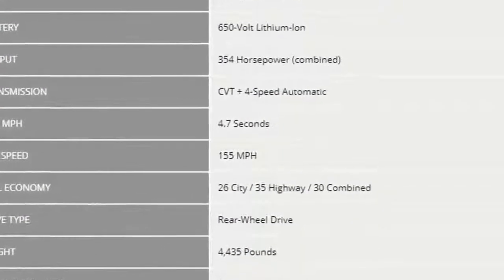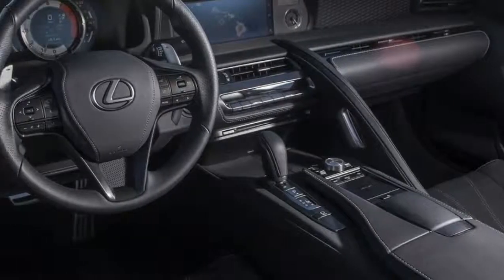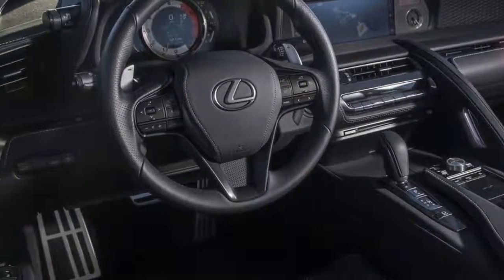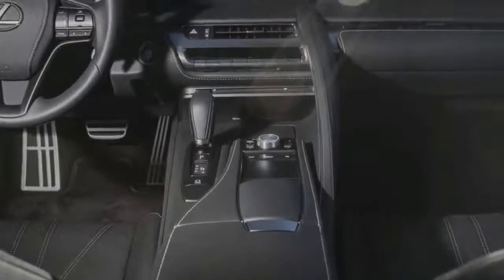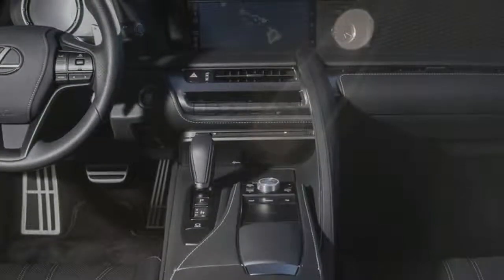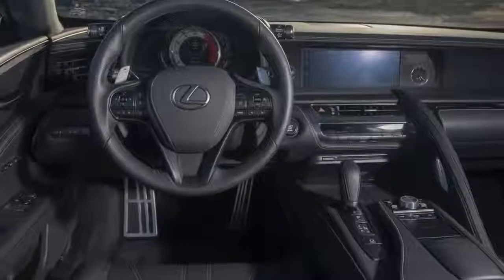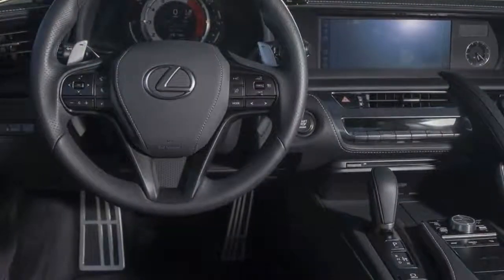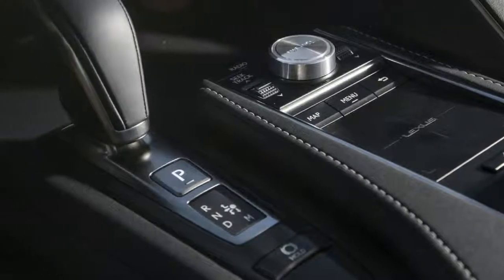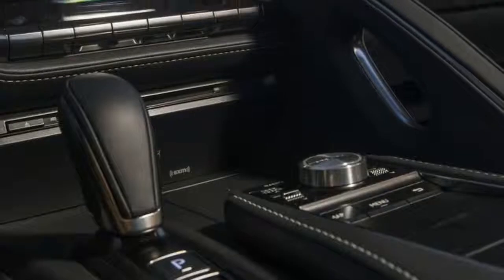Compared to the non-hybrid LC, the 500h thankfully delivers on its main purpose, to give you better fuel economy. The non-hybrid offers 16 miles per gallon in city, 26 on the highway, and 19 combined. The LC 500h gives you about 10 miles per gallon more in every category, 26 city, 35 highway, and 30 combined. To hit those numbers, you're going to want to keep the LC 500h in eco mode, which